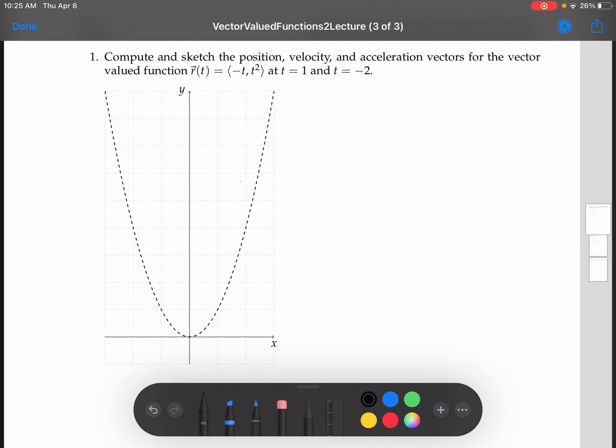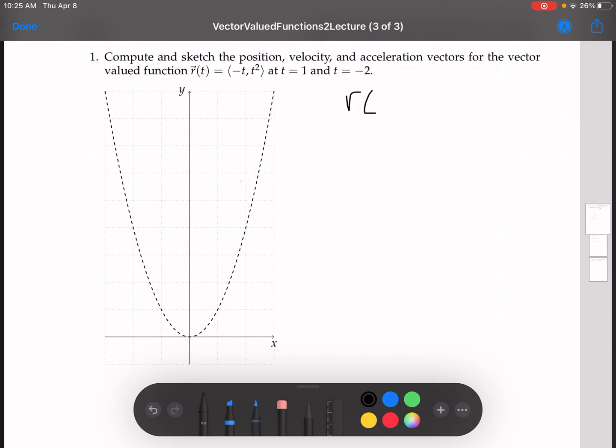Now, from a previous video, in vector-valued functions 1, we saw that this vector-valued function draws the line in this direction. So if you want to think of it as the path of a particle, the particle follows the line in this direction. All right. So to get started,